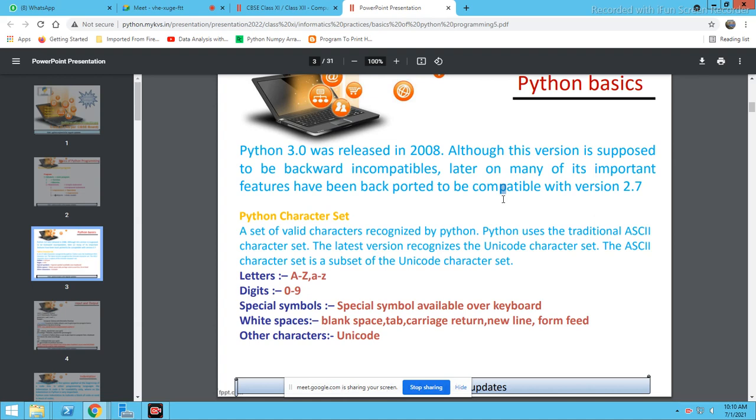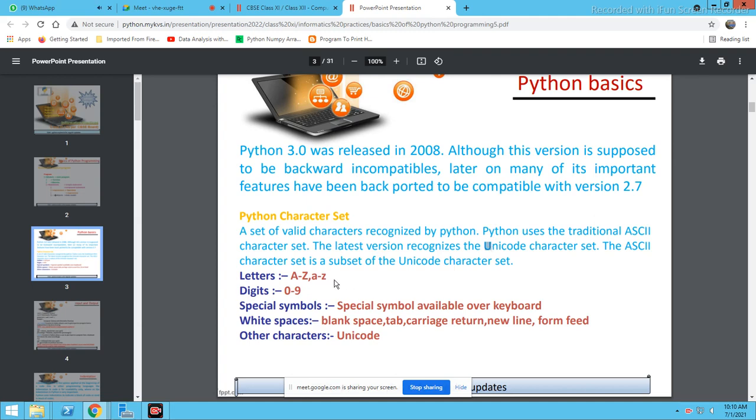Understand? So that is used for communication, or if you are using a computer, it is required to be used with that particular software or that particular language. The computer will understand only binary language. So first of all, any language is converted into ASCII code or Unicode, and after that it is computer understandable.